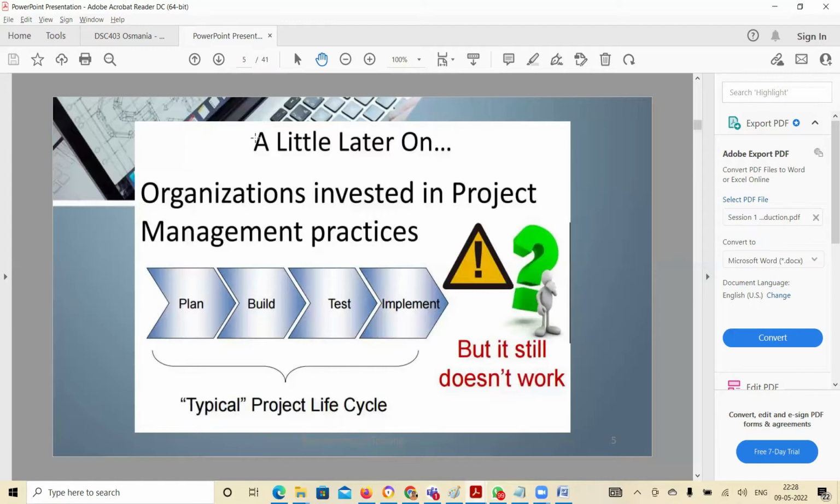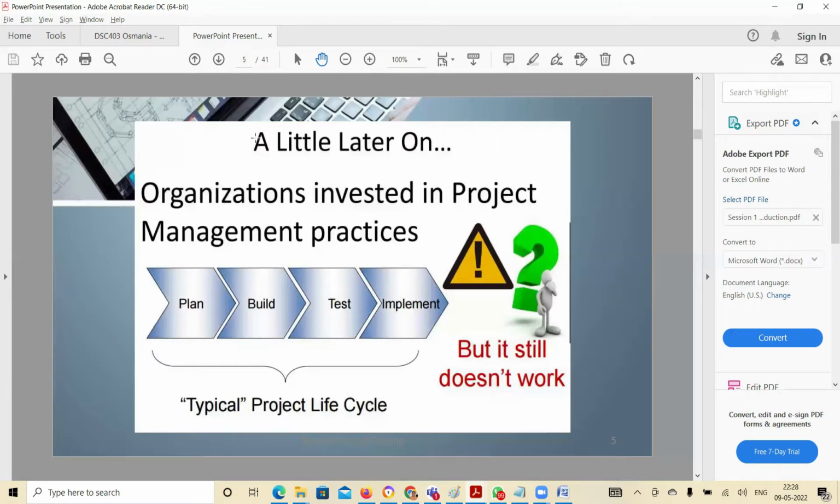Implementation means you're going to the customer site and saying, okay, based on our plan, this is what we have created. Now we will deploy or install or give it to you. Take this. So this worked well for designing a project. So you're planning, you're building, you're testing, and you are implementing. But what happened is, even this was not